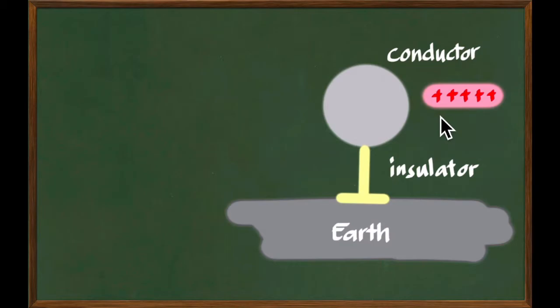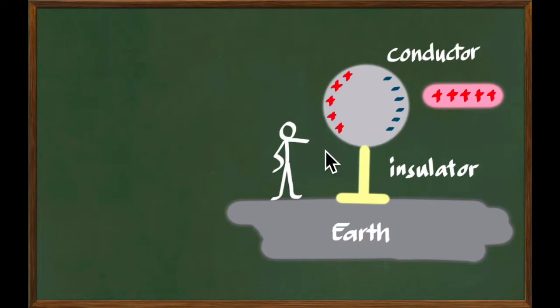Unlike charges attract, so we can say that this part of the sphere is more positive because electrons that used to be here went to the other side, closer to the rod. Now imagine that you ran to this part of the earth and with curiosity you touch the sphere while your feet are touching the ground. You then become a path for electrons from the earth and they will flow through you till all these positives have been paired with electrons.